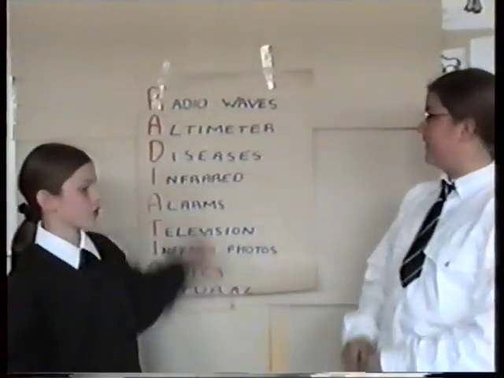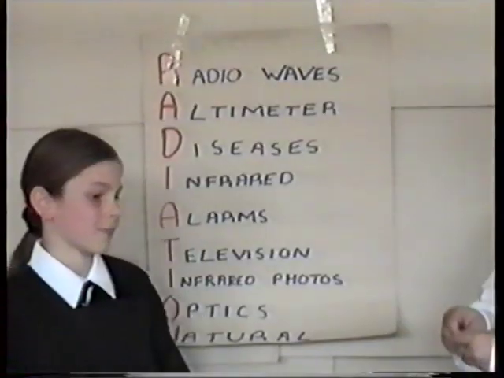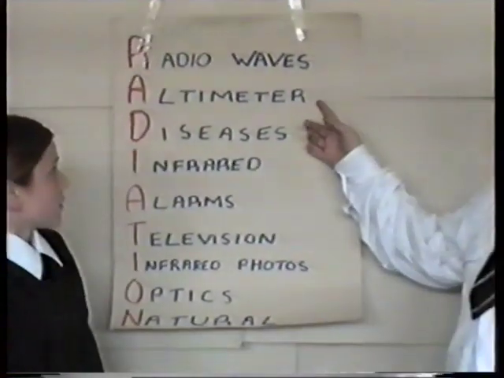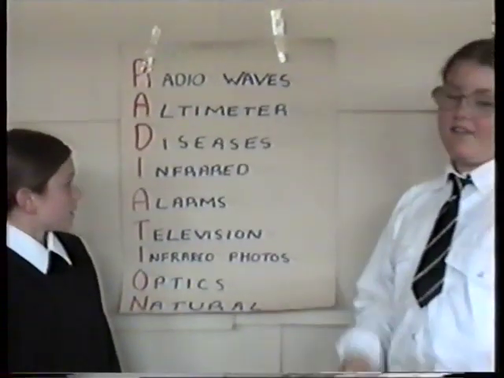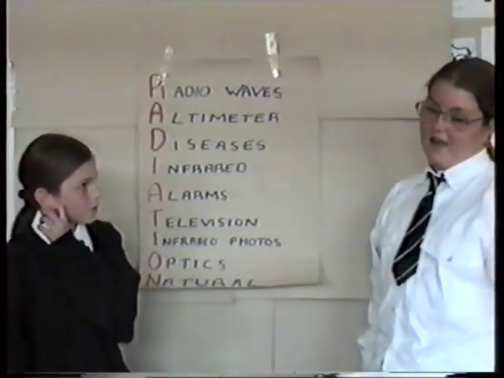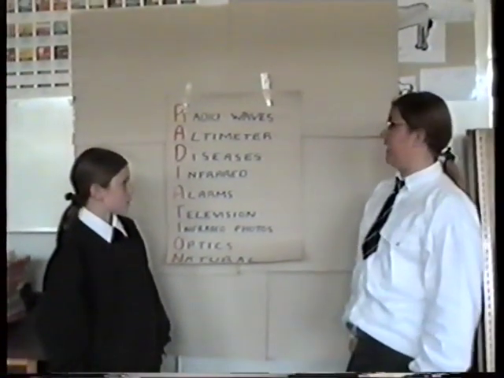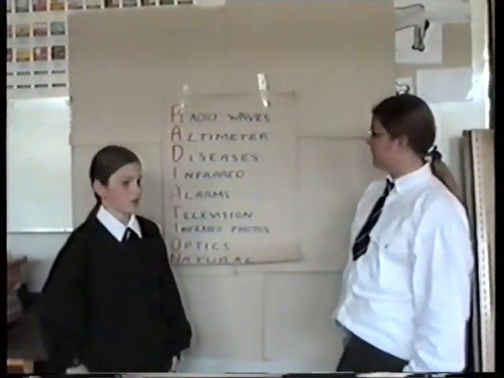Radio waves are picked up by the radio to get good transmission. There's the altimeter, which is used in aircraft and beams radiation down, and the speed at which it comes back up is used in the equation to work out how high it is. There is also seizures, and they can be